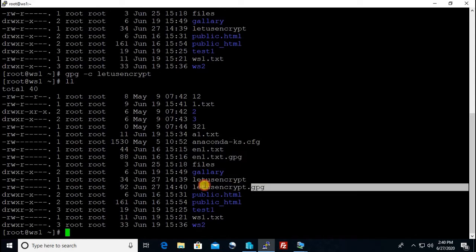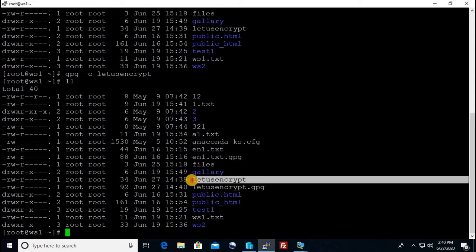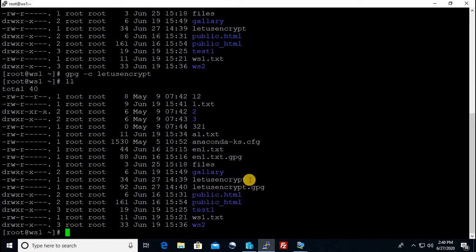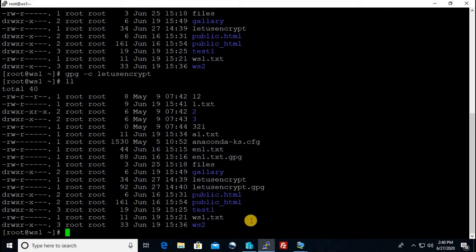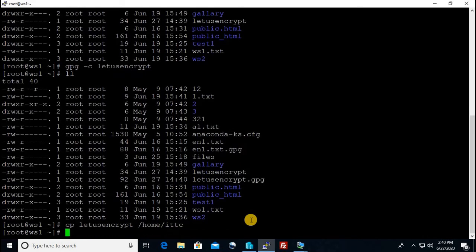This file nobody can read. This file I can read. But I will not send the plain text. I will send the GPG file to others. Now let us say cp let us encrypt to /home/ittc. So now I have copied that file into ittc's home directory, or I can email, or I can send through pen drive, whatever it is.